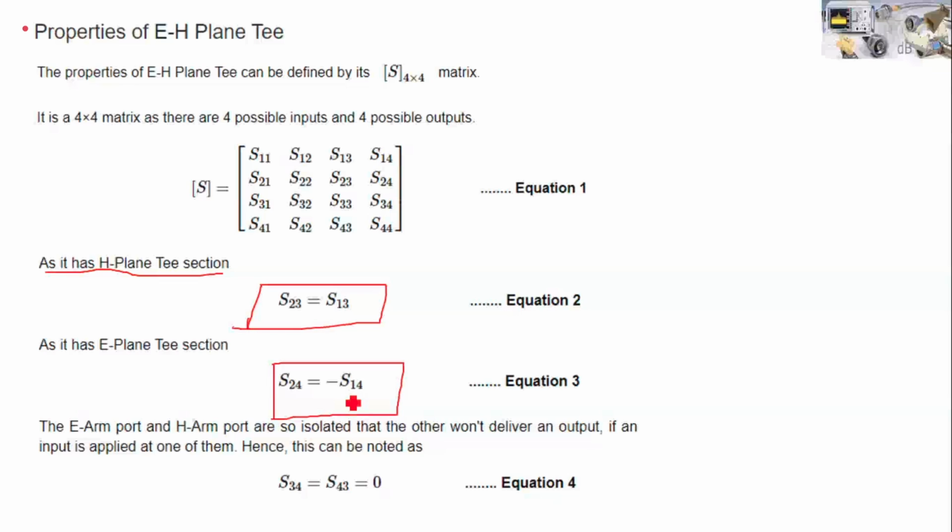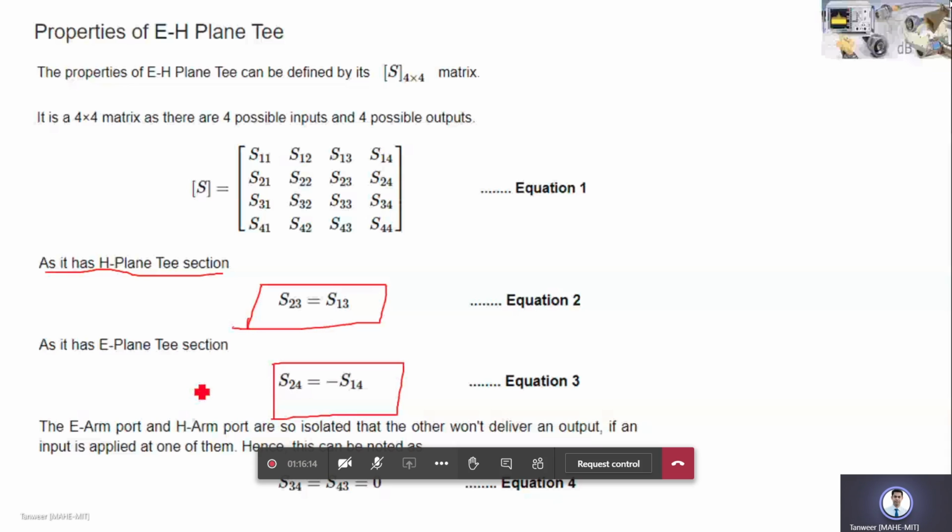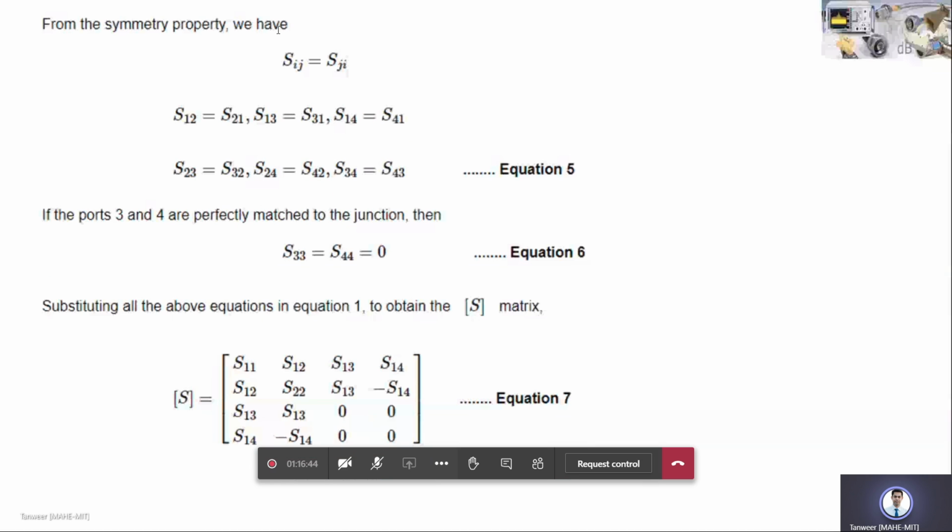Now, obviously you have E plane and H plane, and obviously for better impedance matching, these two ports should be isolated properly. Isolated means no power of port 4 should go to port 3, or no power of port 3 should come to port 4. That means it should be in complete isolation. So S34 is equal to S43 is equal to 0. It should be matched. So corresponding to this condition, you have to now replace the matrix by using its symmetric property. Again, we have to use symmetric property.